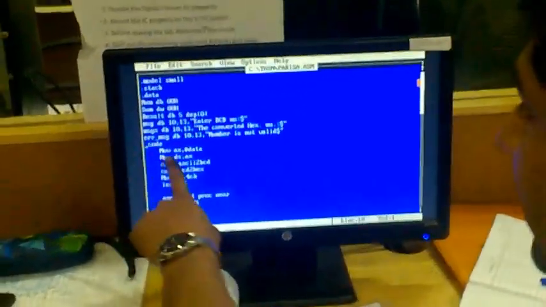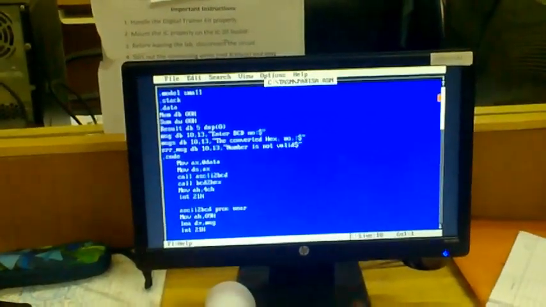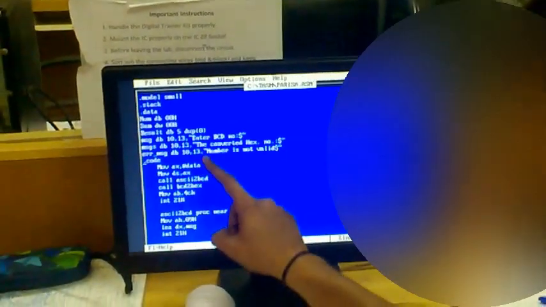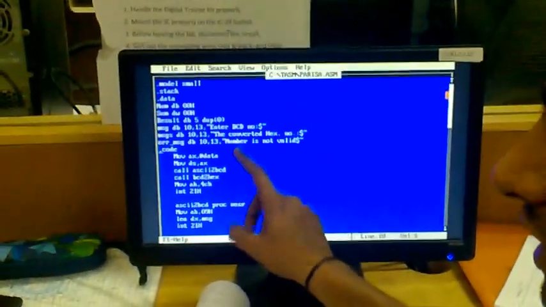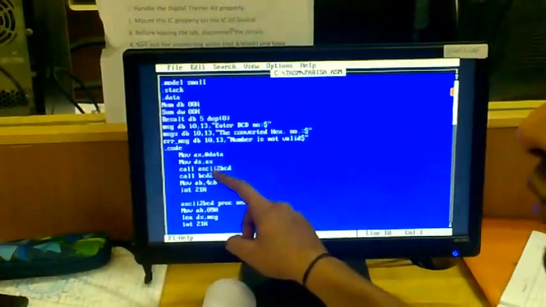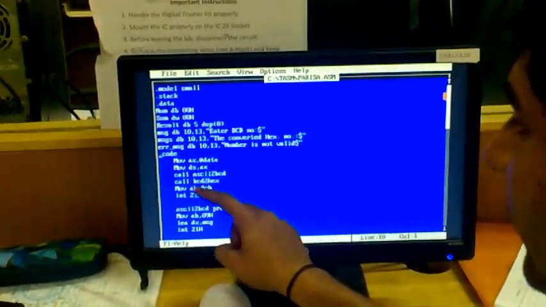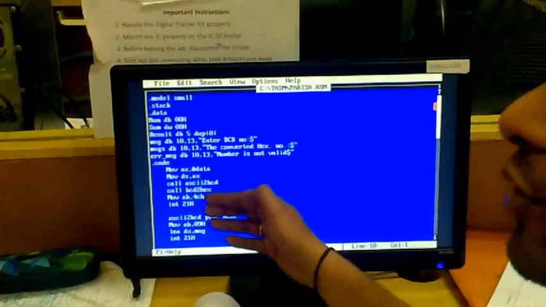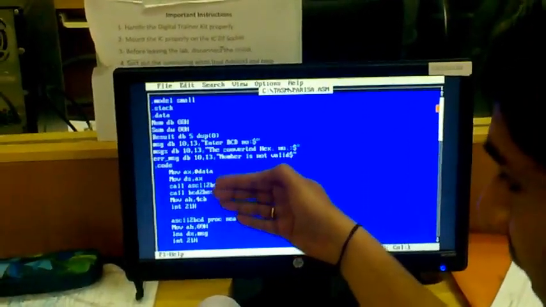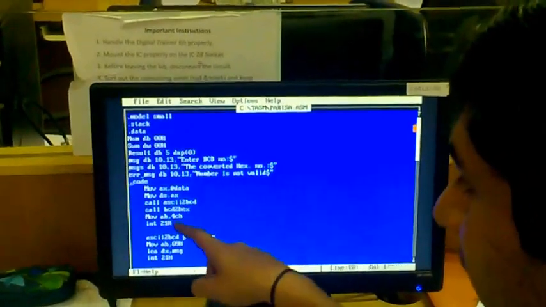Okay. So next, this is nothing but the starting of your code segment. Okay. So this is initialization of your data segment register. Okay. Everybody knows that. Next. These are the two procedures I am going to call here. Okay, call ASCII to BCD, call BCD to hex. I am going to write them down next week. What are the procedures for that? Okay. This is mov ah, 4ch. This is nothing but termination of the program.